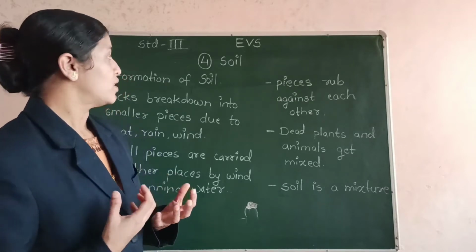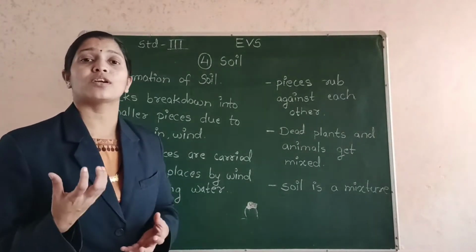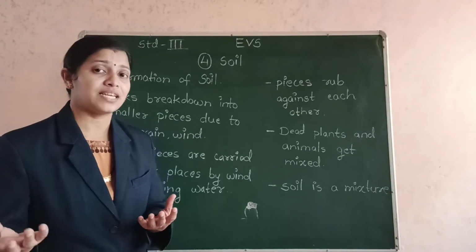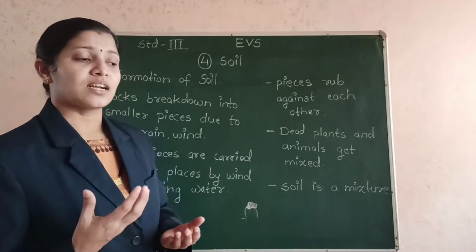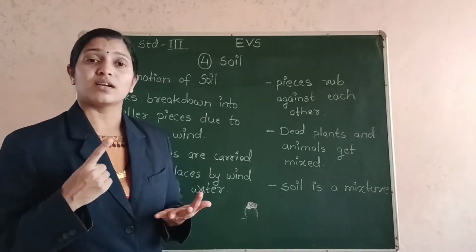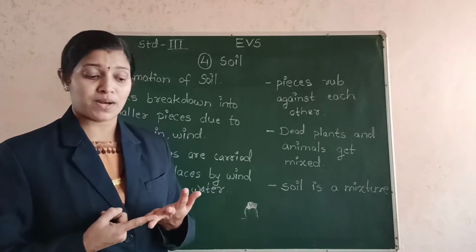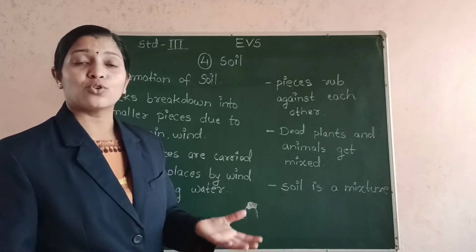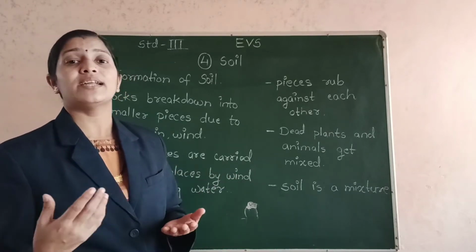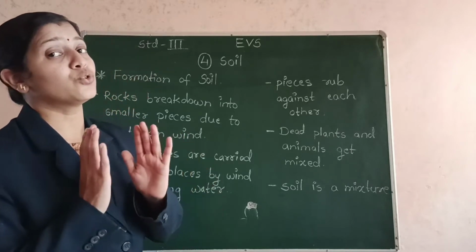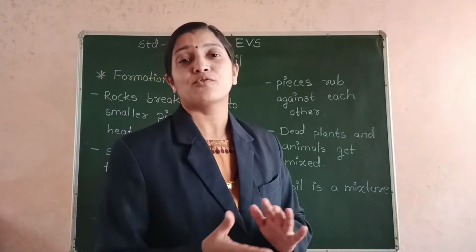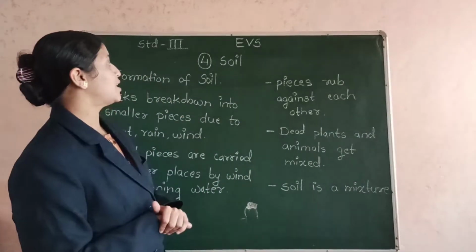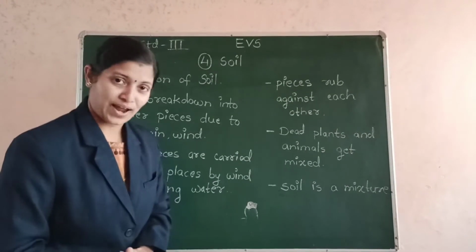The soil is also very essential for the cultivation of the plants and food grains that we eat. From where do we get it? The cultivation of rice plants, all the vegetable plants, flowering plants, and all the trees that we have around us grow in the soil and provide us food. If we do not have soil, then we will not get any food. So soil is a very important natural factor.